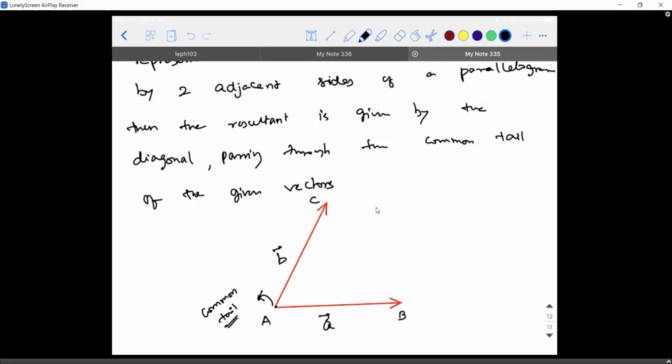So what are the minimum number of sides that are required for a parallelogram? 4. You need 4, right? But I have only 2 vectors. Then how do I actually generate a parallelogram? That's an important question that we need to ask. So that is possible. You draw a vector which is exactly parallel to AB vector and of equal length of AB vector.